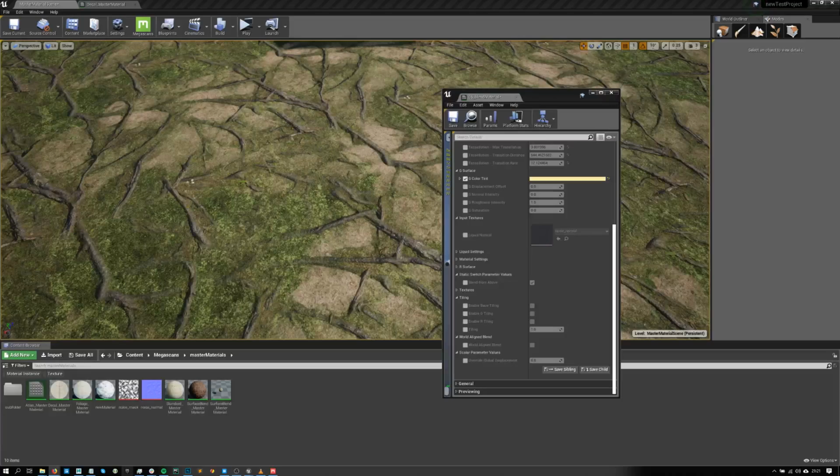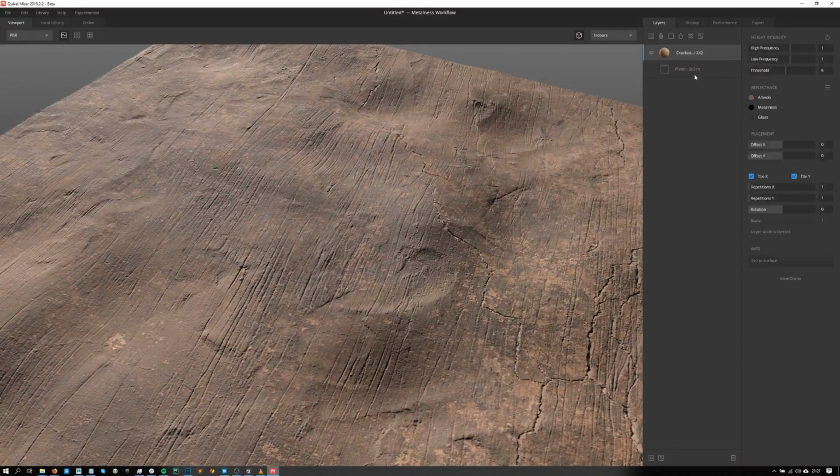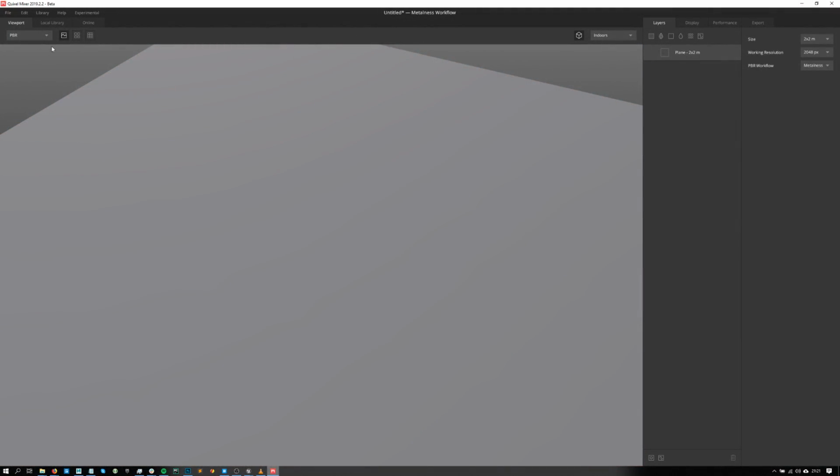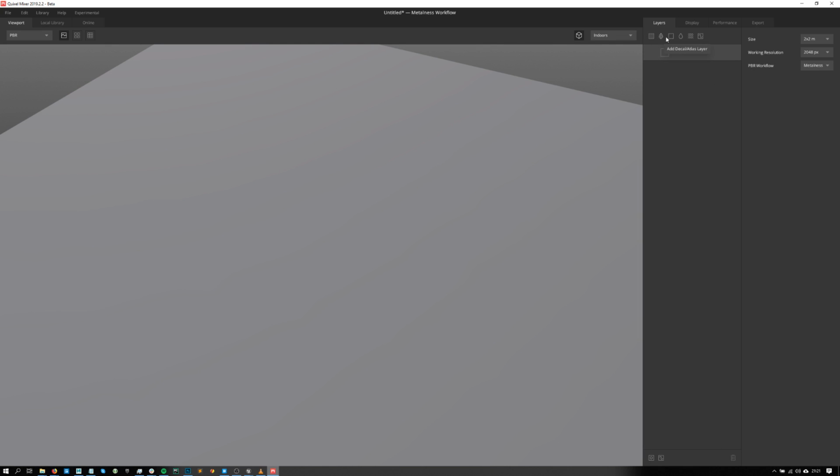Can you show how to use brushes in Mixer? That's a good question. Let me just delete these layers right here. Ideally, I think you can actually import them by creating a paint layer. And then instead of using these textures right here, you have load image. Which one was it again, actually? Let me just double check. Now I'm going to nuke that one, and then I'll create a base layer. Then I'll add a